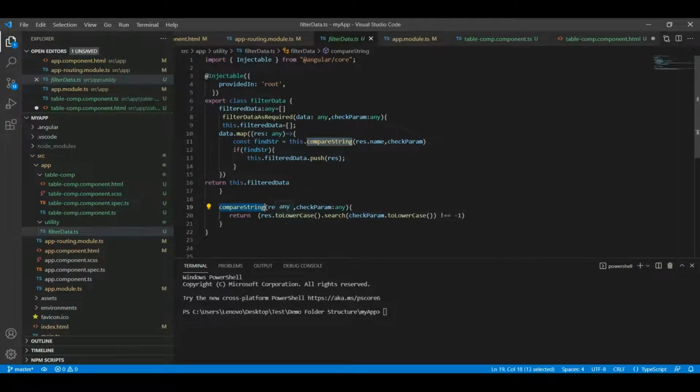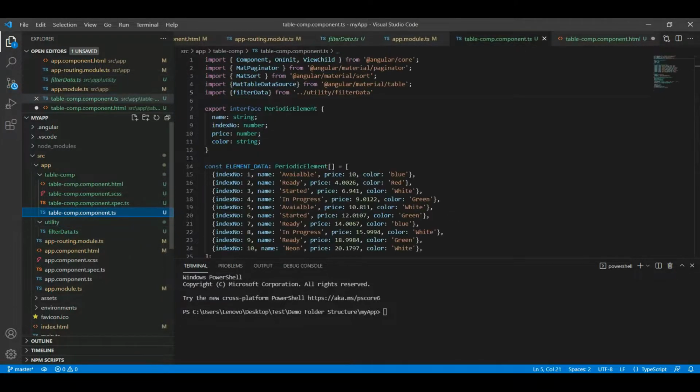The compare string method checks whether that parameter is present in the name or not. If it is present, it will return true, else it will return false. If it is true, then we'll push the data into the filter data array and return that from the method. This is the simple logic for filtration which I am using.